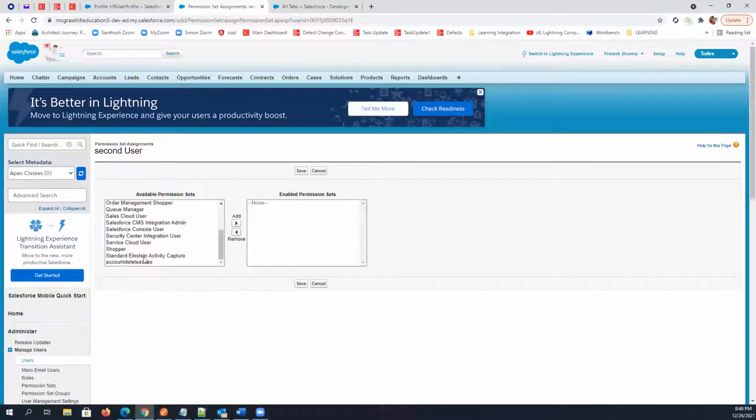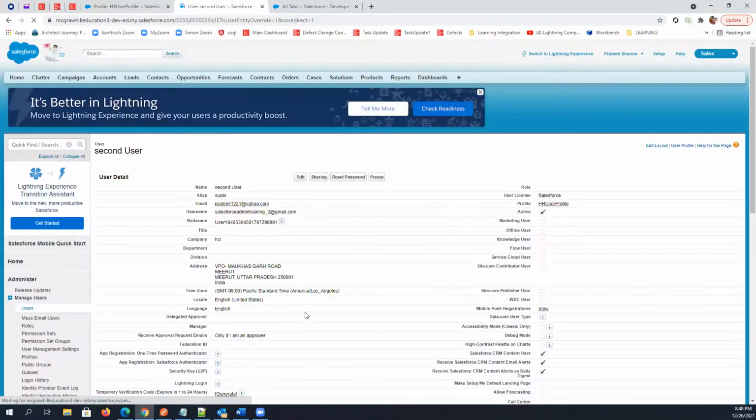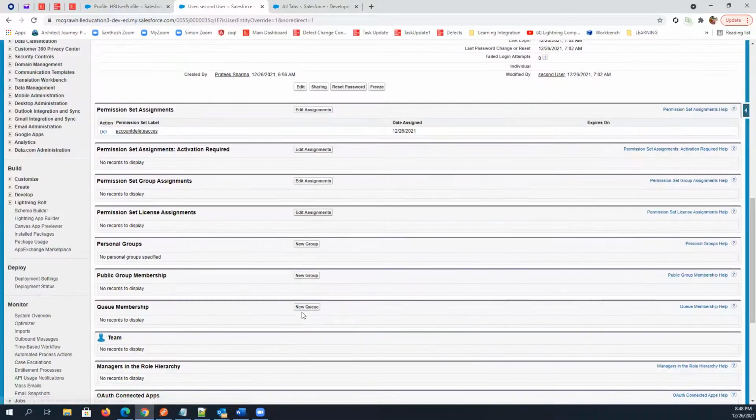So it's near date assigned, the expires on. Expires on, if you want it to be expired on a particular date and time, you can simply assign the timeline. Okay. So by default, it is always blank, right? So you have to manually do this.